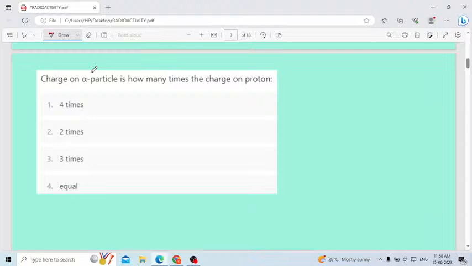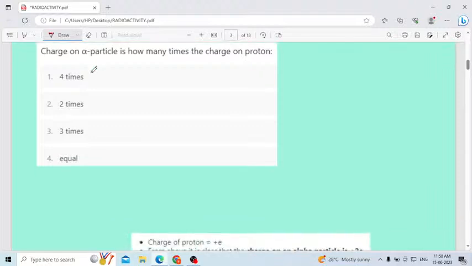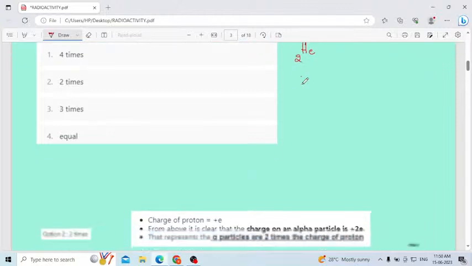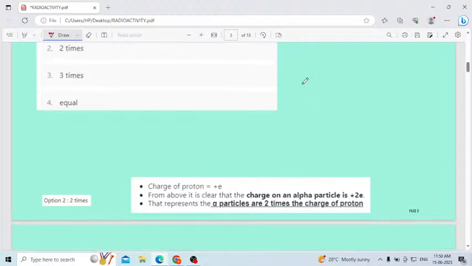Let us move to the next question, easy question. Charge on alpha particles is how many times the charge on a proton? First option 4 times, second option 2 times, third option 3 times, fourth option equal. The charge of alpha particles. Alpha particle is nothing but helium atom. Atomic number is 2. Here we will write the atomic number is 2. Then mass number is 4. Then charge on proton is,